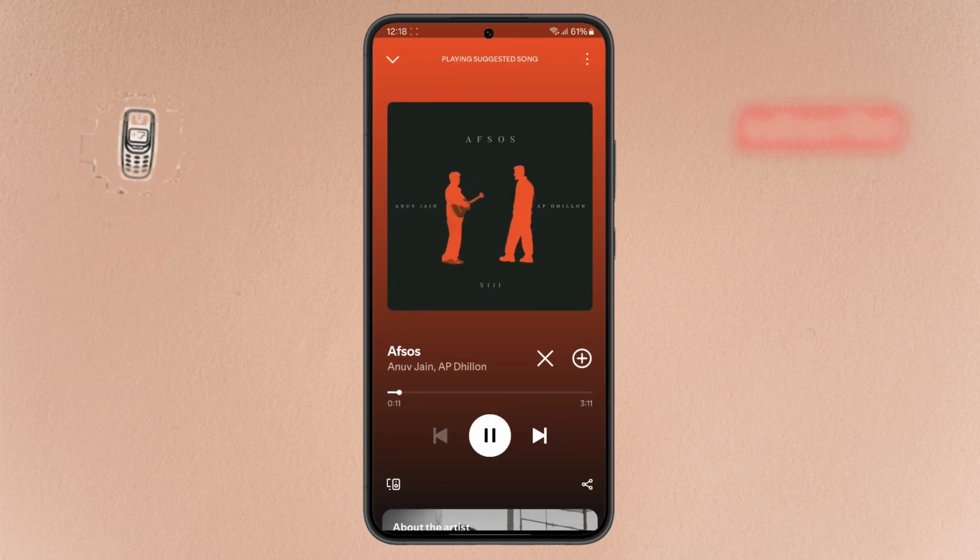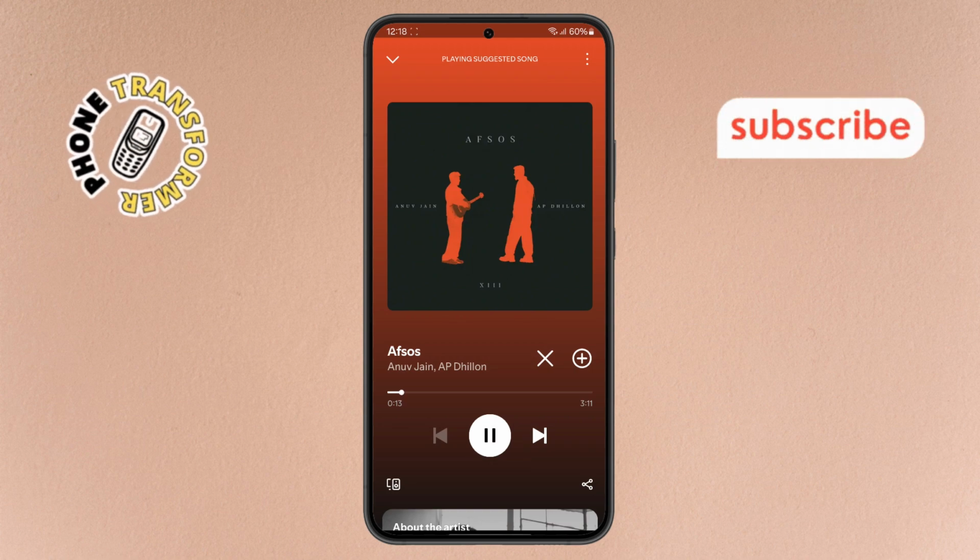And that's it. You now know how to access and use the Samsung Galaxy Equalizer to get the perfect sound